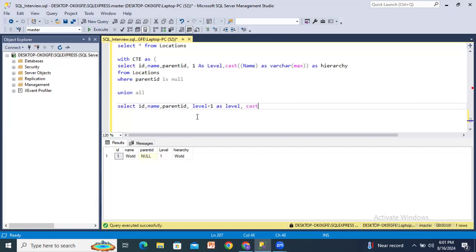Next, cast of. In this cast we'll get this complete hierarchy: cast of hierarchy plus name, as varchar of max again, and up to this we have to close the cast, end this cast, as hierarchy. So for example, if we execute this,